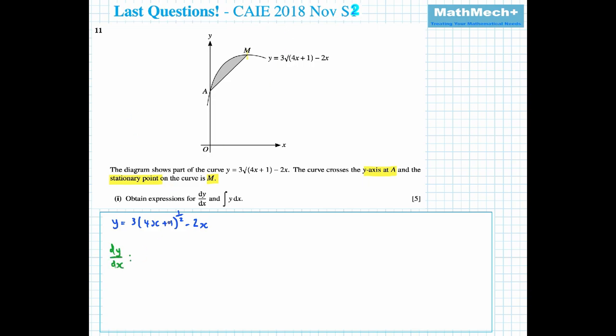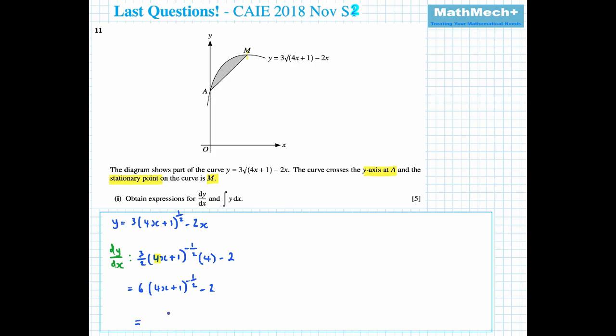So dy over dx, we are going to find the derivative of this function. So half times 3 times (4x + 1) to the minus a half, it's n minus 1, and of course then we have multiplied by the inside of that function, which was 4. So 4x plus 1, the inside part was 4, and minus 2x becomes minus 2. So now if we simplify that out,